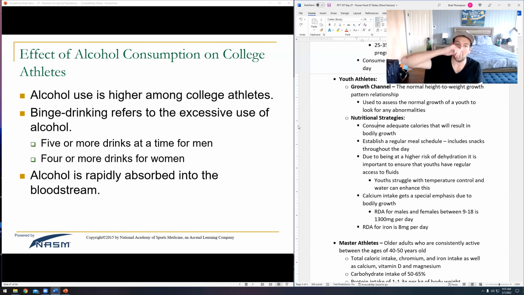Now, also, there is alcohol consumption, very common amongst youth athletes and stuff. Alcohol is not very beneficial in any capacity. Unfortunately, the reality of alcohol, like we used to think that a glass of wine at dinner keeps you healthy. We know that alcohol is pretty much irredeemable. It doesn't have any positive qualities, unfortunately.